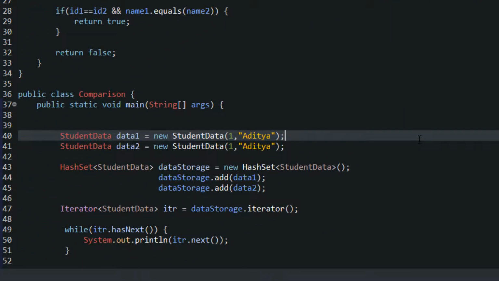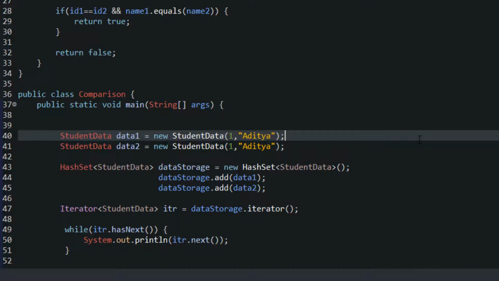That's due to hashing. Whenever I am using collections with hashing, such as HashMap, HashSet, Hashtable, internally thousands and thousands of data are stored with the help of hashing. Hashing will store the data as key-value pairs.